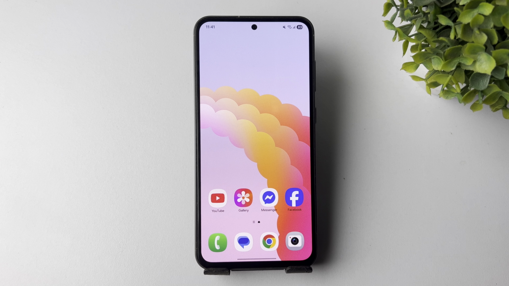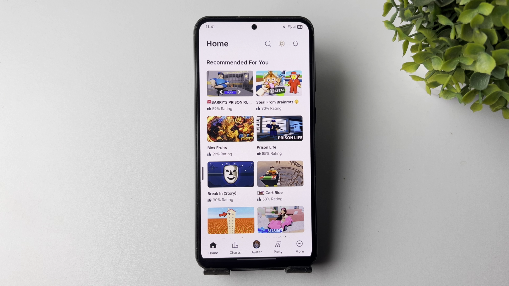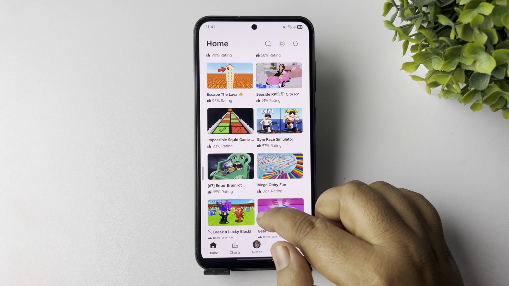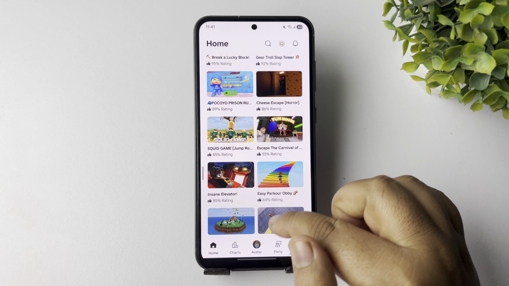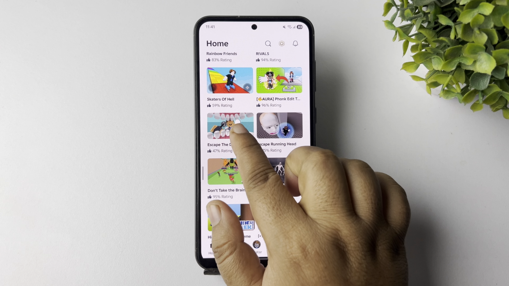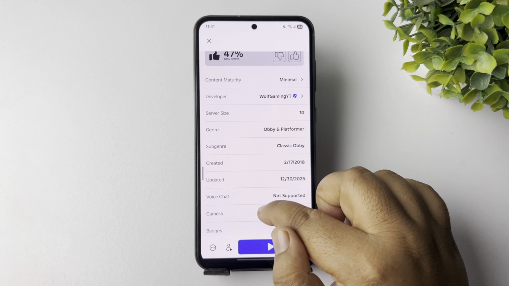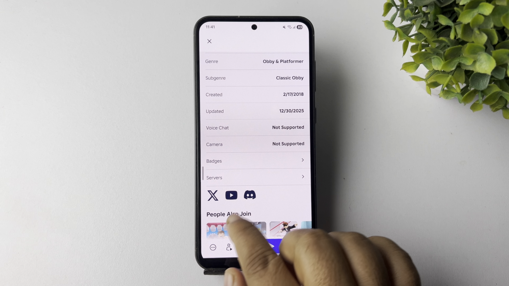To create a private server, open Roblox on your smartphone. And now go ahead and find the game in which you want to create a private server. Now tap on the game and here scroll up, tap on servers,